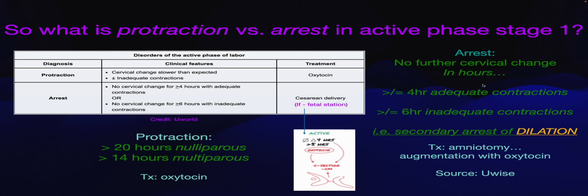And next, the arrest in the active phase of stage one, also known as the secondary arrest of dilation. The goal here is to try to progress from 6 centimeters to 10 centimeters, at which point we're in stage 2 of labor. But leaning into the nomenclature, arrest, like stopping, no further cervical change. It's in hours, so that's greater than or equal to 4 hours with adequate contractions, meaning greater than or equal to 200 Montevideo units over a period of 10 minutes, or greater than or equal to 6 hours with inadequate